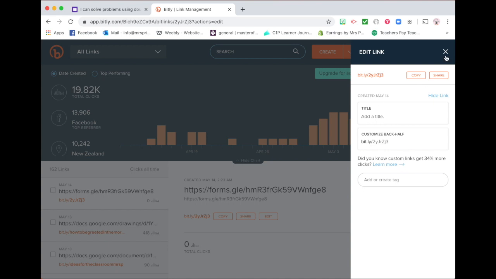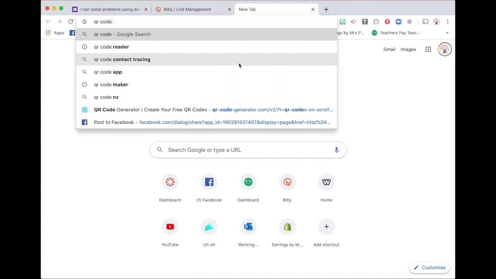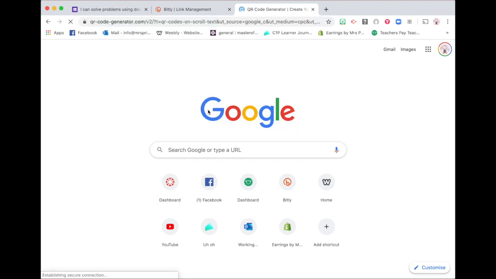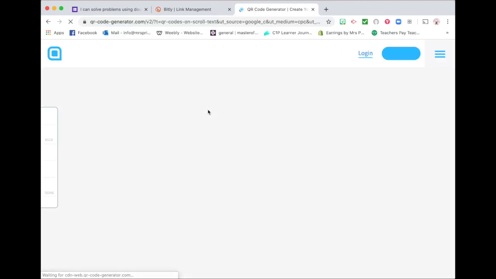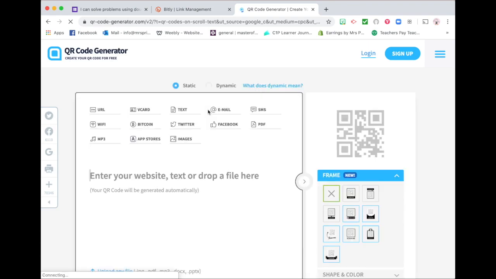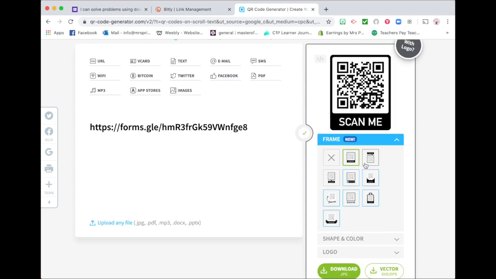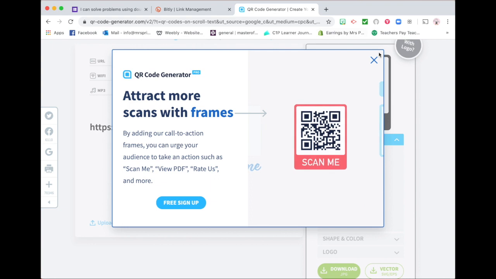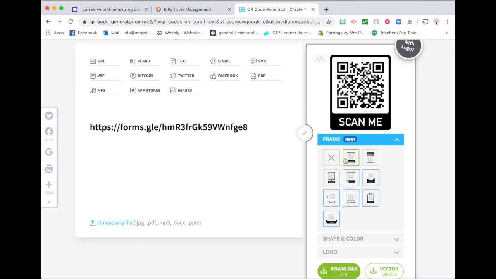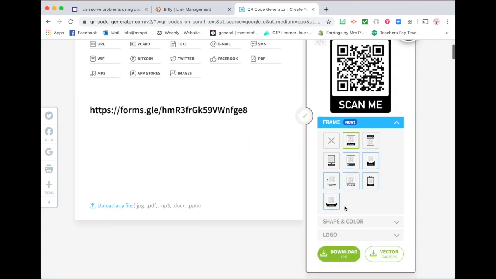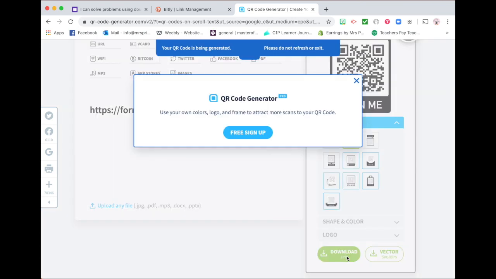So what I do is I turn them into QR codes. So I'm going to come over to QR Generator. This is a free QR Generator app that I use all the time. And you enter in your website there that you would like it to go to. So in this case, a Google form. You can select a different type of looking one. So ones that say words, ones that are empty, or there are some more attractive looking ones if you'd like to pay for it. So I'm going to click this one, and then I'm going to click download JPEG, and